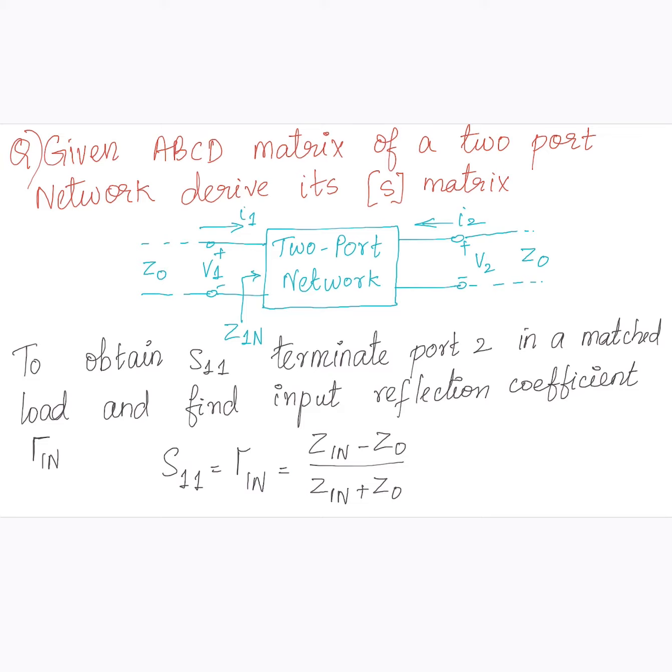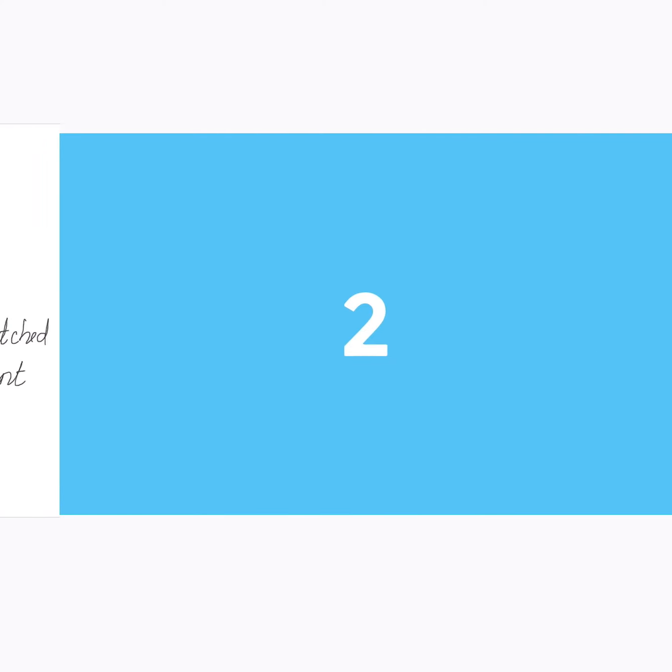In order to find S11, from the basic definition, we have to terminate port 2 in a matched load and find the input reflection coefficient. Also, we know that S11 is equal to the input reflection coefficient, which is given by the general formula Zn minus Z0 divided by Zn plus Z0. So, solving this equation, Zn can be written, from the diagram, as V1 by I1, and we have the